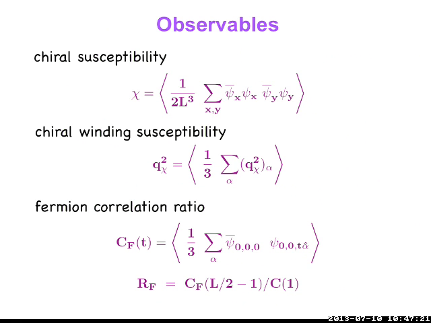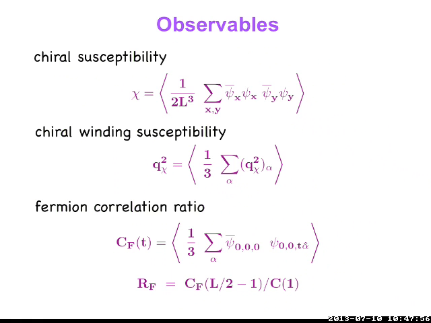So we looked at a few observables. One of the interesting things is the condensate that forms in these problems, which is called the chiral condensate, psi bar psi. So we can look at a susceptibility of that condensate. Since there is a spontaneous breaking of a U(1) symmetry, there are conserved charges, and so there are winding numbers of these conserved charges. So if U(1) is breaking, this is related to the superfluid density, if you want. So that is something that we looked at.